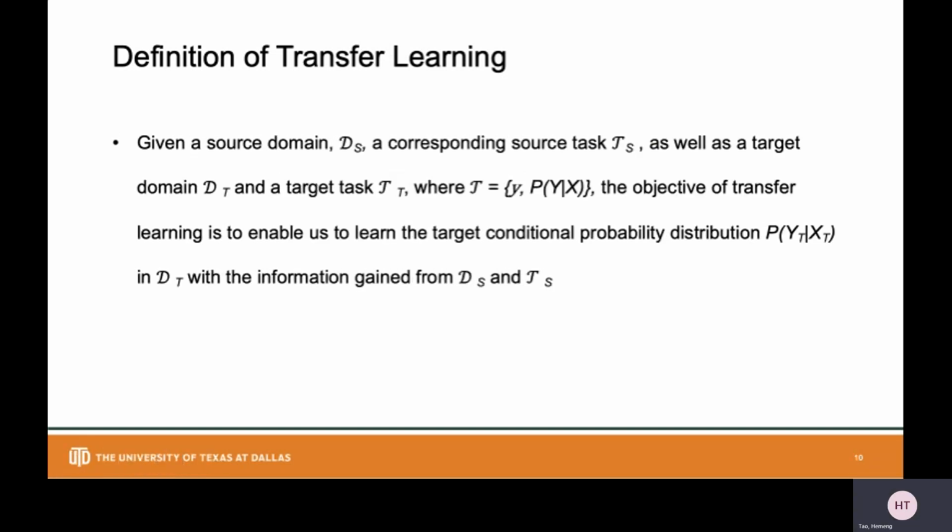Given a source domain Ds, a corresponding source task tau-s, as well as a target domain Dt and a target task tau-t, the objective of transfer learning is to enable us to learn the target conditional probability distribution P(Yt|Xt) in the domain T with the information gained from domain S and task S.